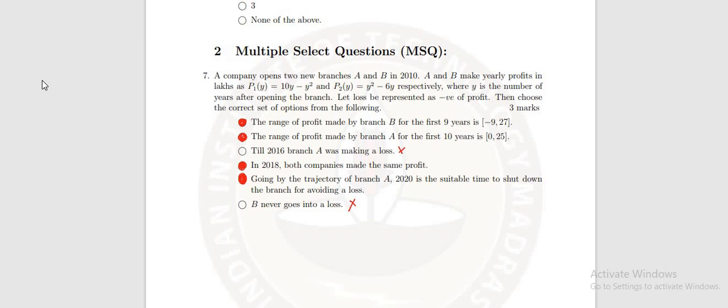One more message I want to give: please do not blindly believe my answers, do your own calculation, have faith in your calculation. Somebody commented that this is a practice question paper. Yes, definitely it is. I'm just giving an approach, the way you have to do it. You can skip the calculation part and do it on your own. Just take the ideas, the approaches to solve this question paper, and you can try yourself.